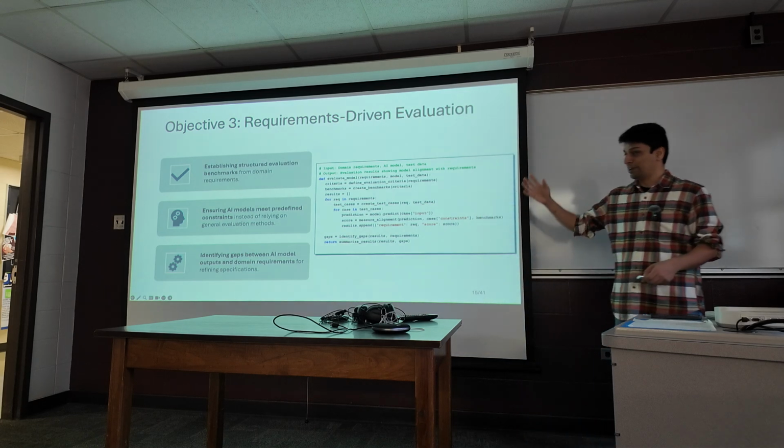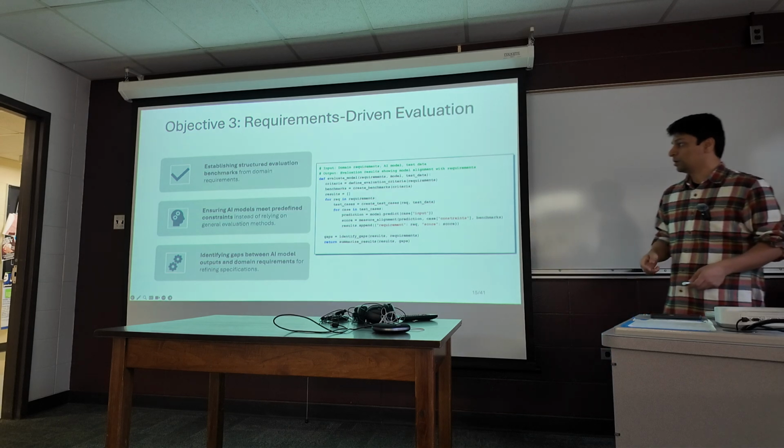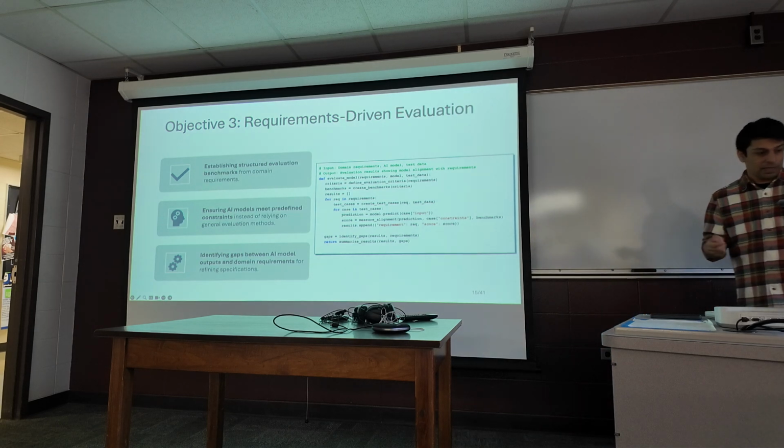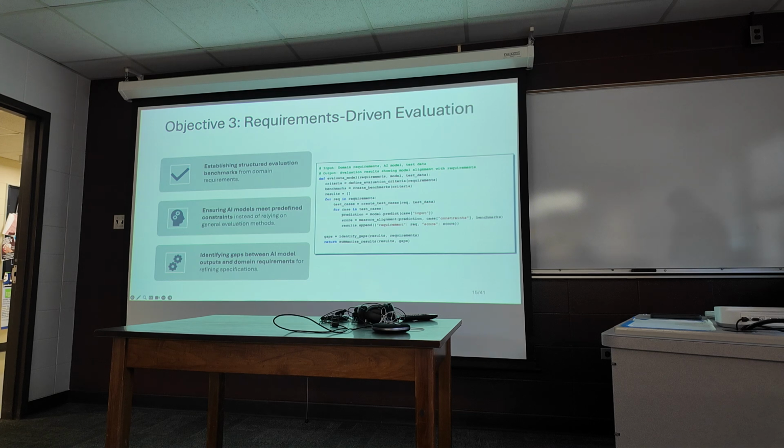Also here you can see a simple pseudocode that shows how this step is going to be realized by our framework. The function tests the model on structured test cases built from each requirement. Then it checks how closely the model predictions match the expected behavior using constraints and benchmarks. Now that we have seen how each objective is tackled,